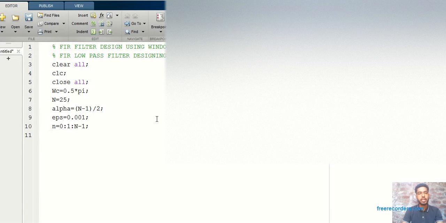So basically in a question we have to know about the desired frequency response. If you know about the desired frequency response, then and only then can you design a FIR filter. So for that I have to define the desired frequency response, that is nothing but HD is equal to,